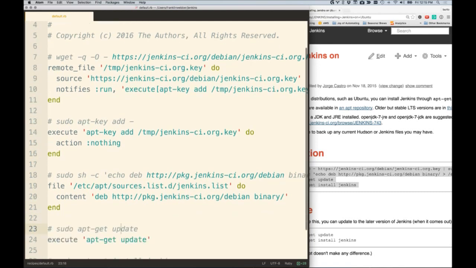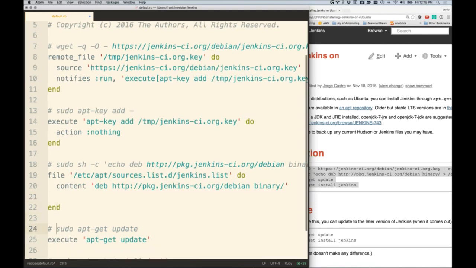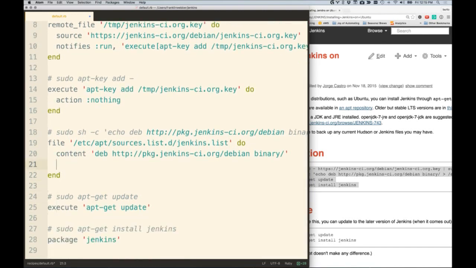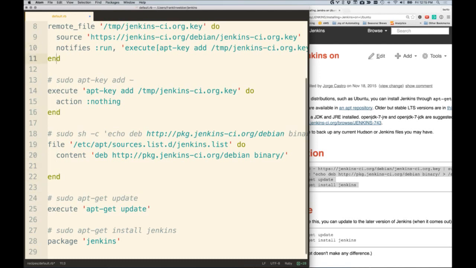if I look ahead, I see this file resource. I don't really need to worry about this one being called right away, right? I don't care if this happens right away. But I do care that if this file resource were to take action, were to update or modify itself in any way, I want this apt-get update to be called. So again, I'm going to run another notifies. So we're going to do another notifies here. And I'm going to say notifies run to the execute